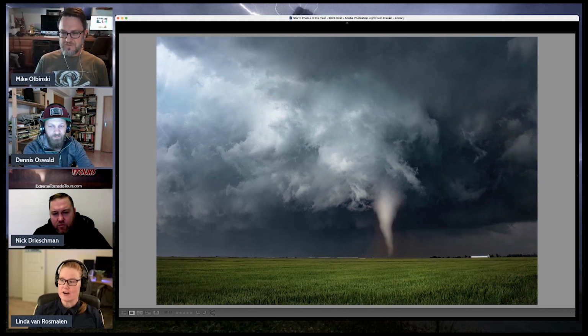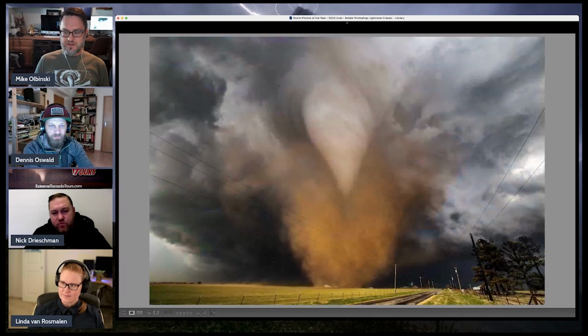It really draws the eye to it. And I would like the eye to continue to be focused on that funnel of the tornado. Yeah, and I see that too, and I looked at it. I didn't know if it bothered me, but it definitely is bright, so I can agree with you there. Yeah. Nice image. All right, we'll go on to the next one, which is just obviously the same tornado, and